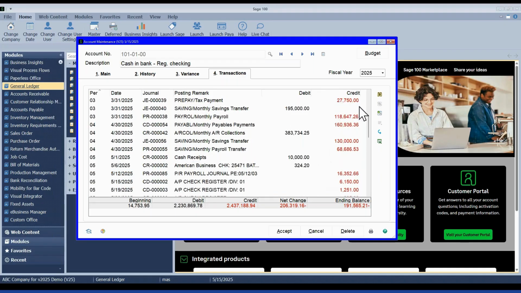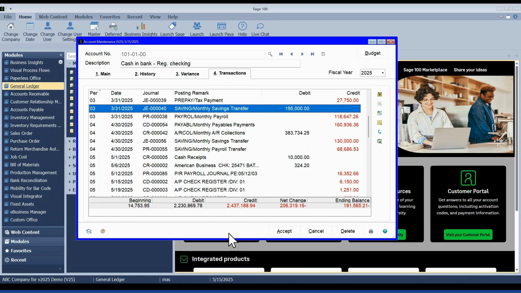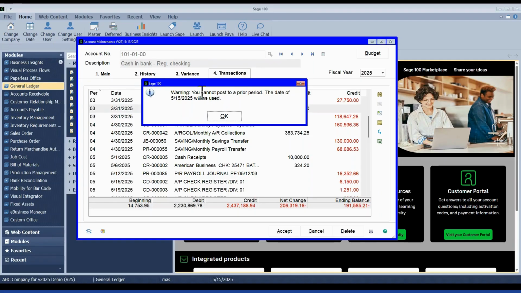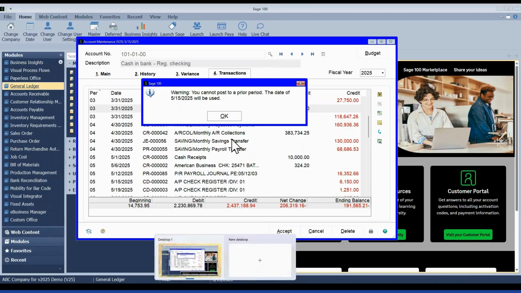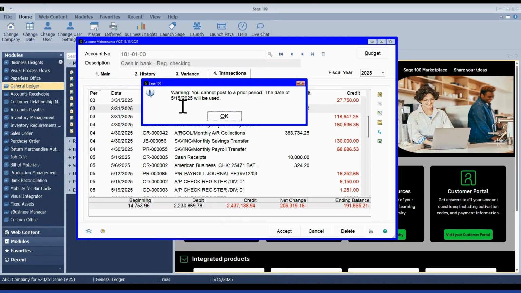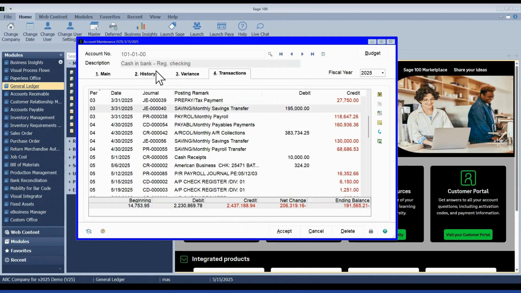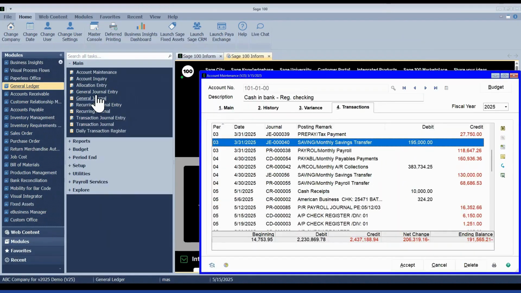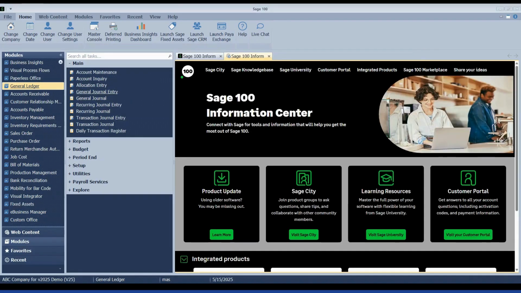If the period is closed and you try to do that, so my demo data is in May of this year, let me go ahead and try and do this one. You will get a little warning here letting you know it cannot post to a prior period, so it's going to use that accounting date, which is current functionality, instead. So you can still go review and edit that if you need to before posting, but it should help if the GL is still open, maybe minimize any errors where you're using the incorrect date that you wanted to use.